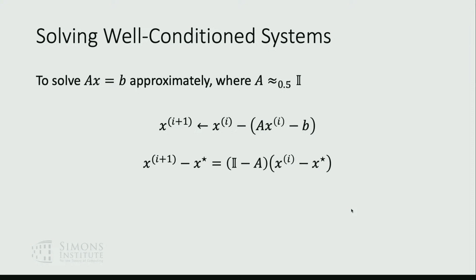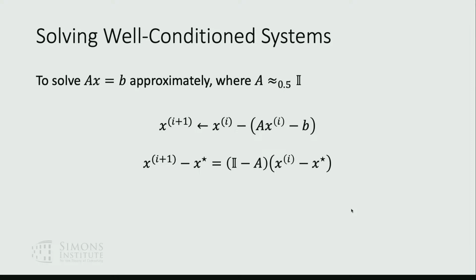You can easily show that this converges. How? Let me give you a one-line proof. Look at the difference from the optimal solution. x_{i+1} minus x star goes from the previous difference, gets multiplied by identity minus A. Identity minus A is a matrix that has eigenvalues strictly between plus 0.5 and minus 0.5, or let's say 0.9 and